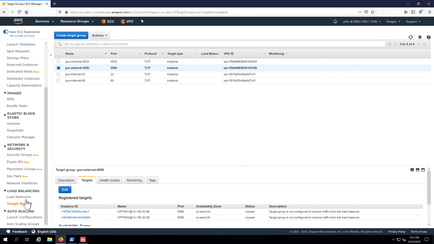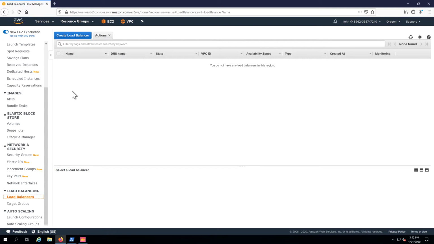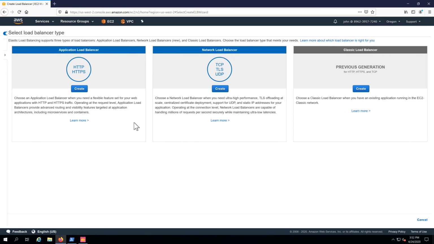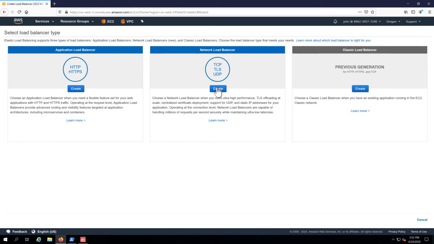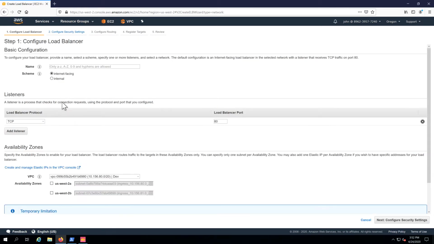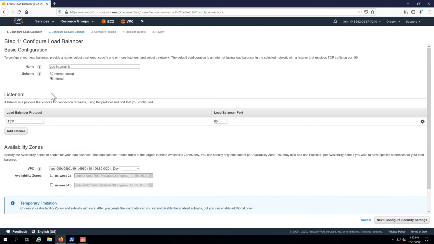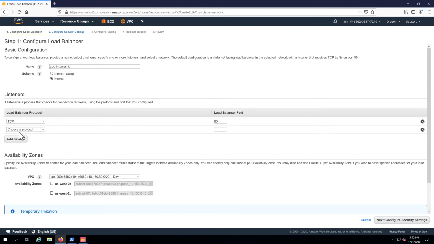Okay, so now we're going to configure our load balancers. Go to load balancers tab, create load balancer, and we're going to be using a network load balancer. Give it a name, internal load balancer, and the scheme is going to be internal. Okay, we're going to add another listener. Port 22. And then in terms of the AZ, we can go ahead and configure our,